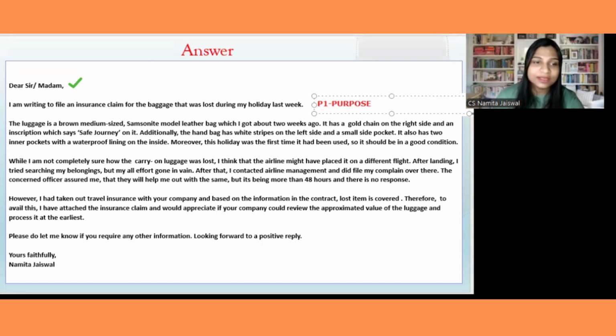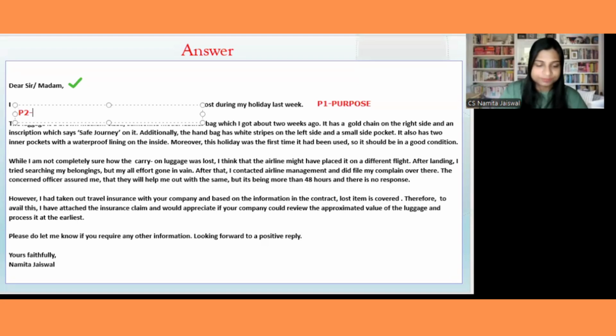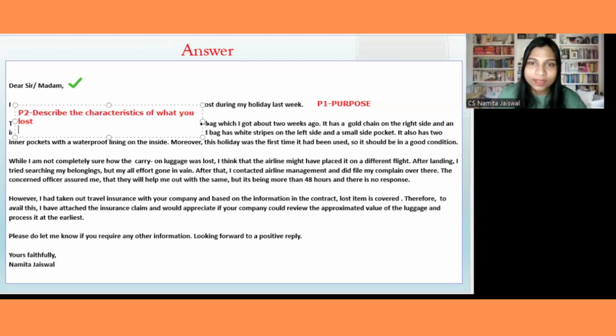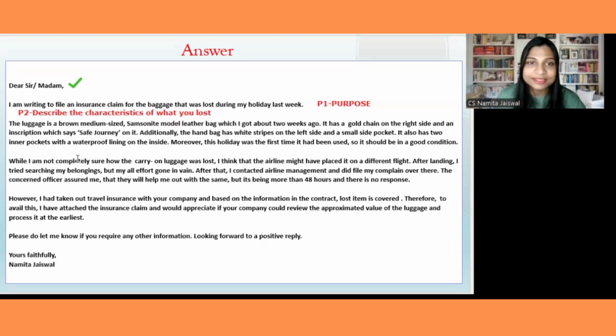Now, the next thing here is paragraph 2. So what you'll write down, this is your paragraph 2. In your paragraph 2, you'll describe the characteristics of what you lost. "The luggage is a brown medium size Samsonite model leather bag, which I got about 2 weeks ago. It has a gold chain on the right side and an inscription which says Safe Journey